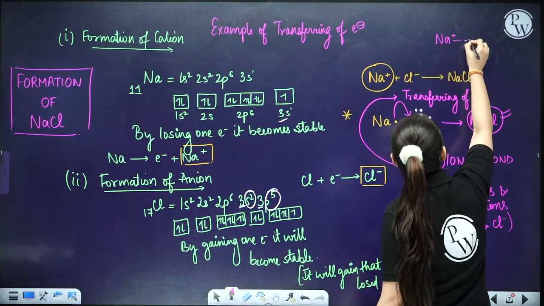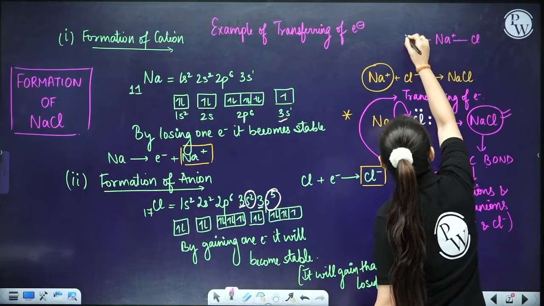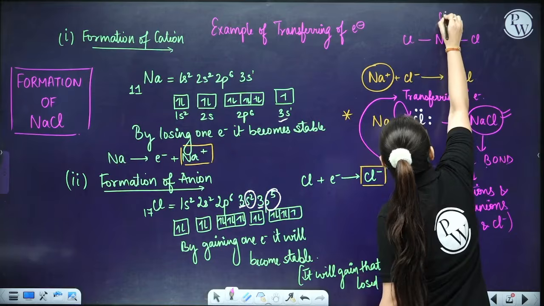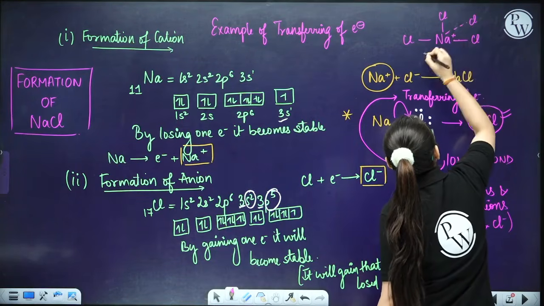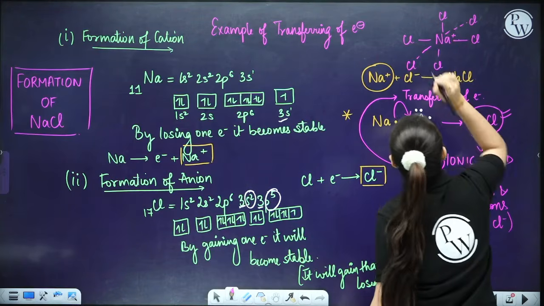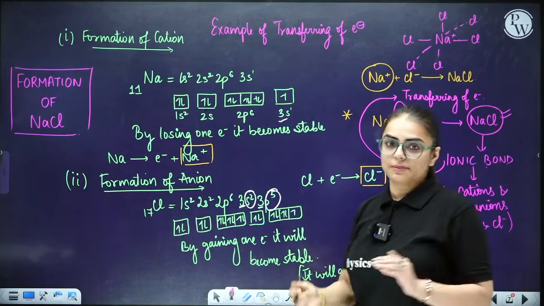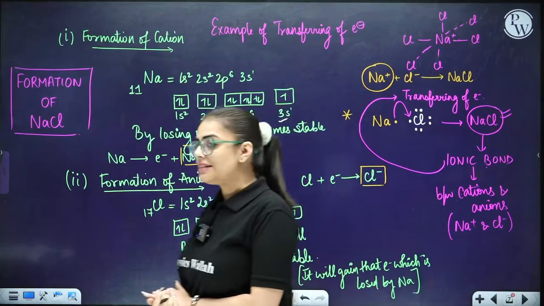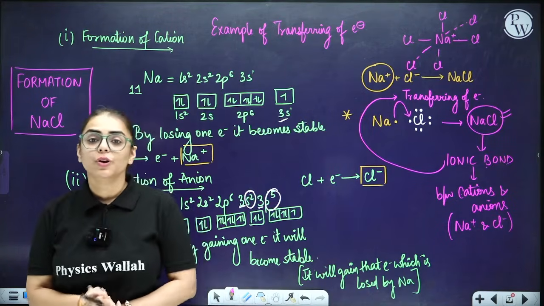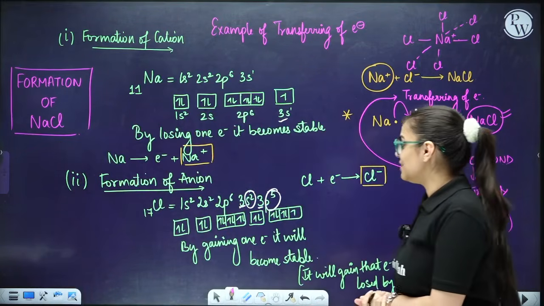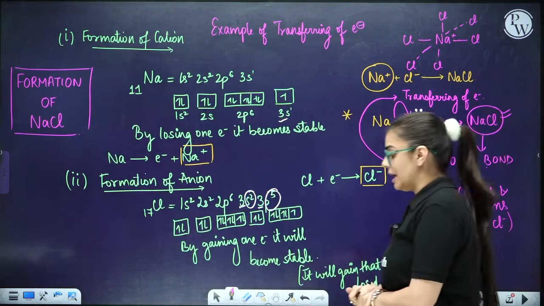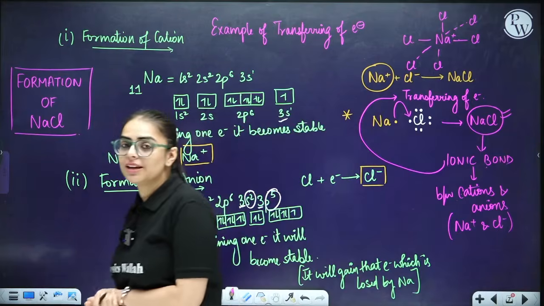See, 1 chlorine will be here, 1 here, 1 here, 1 here, 1 at its back and 1 at its front. So this is back and front, which I have represented by dotted line. The NaCl structure, the rock salt like structure, you are going to observe in the solid state chapter also in depth. Clear everyone? Everybody please write it down so that I can now start with the sharing of electrons.